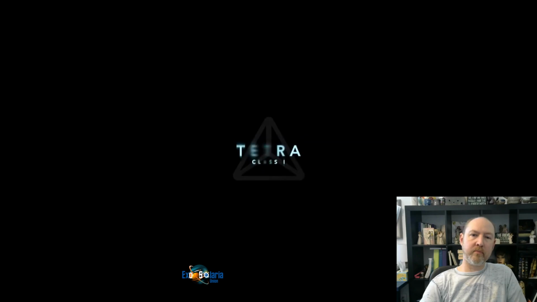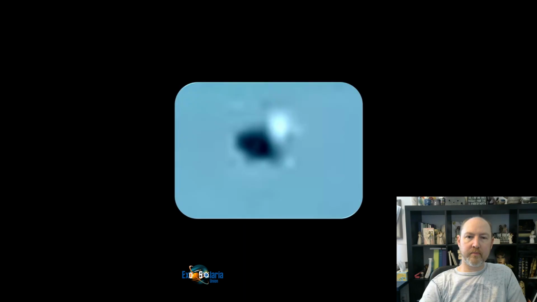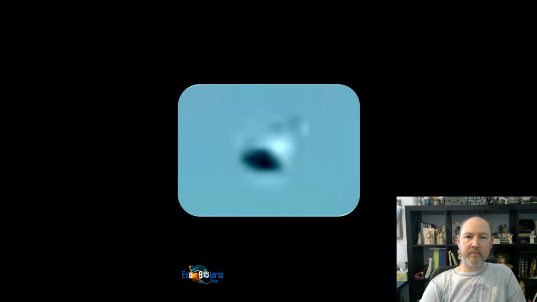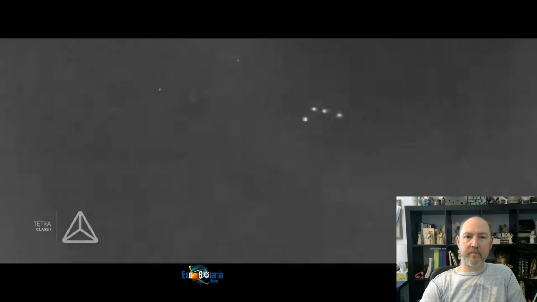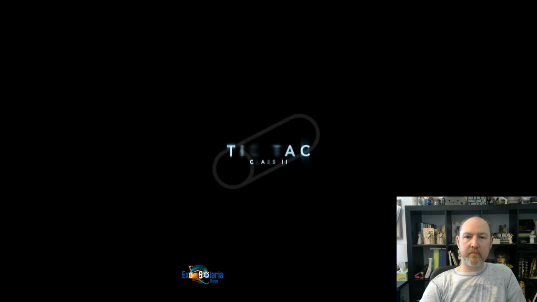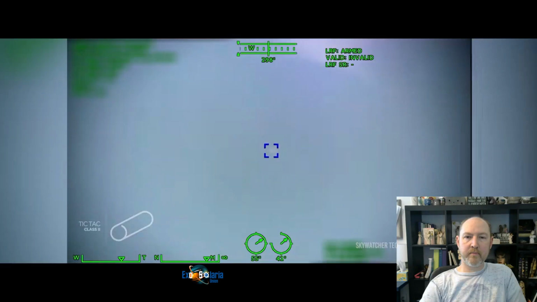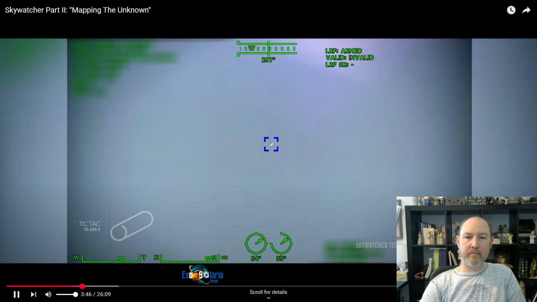The Class 1 often spins, tumbles through the sky. Craft looks like a black body. It appears to flash, pulse multiple times per second. There appears to be some kind of cloud or vapor around it. We've seen Class 1s in formations up to 22, 23, flying in different flight formations, different flock formations. The Class 2 is the classic tic-tac. We've seen it in groups of 2 to 3, often flying very erratically. We've seen these a couple years in a row, and usually we see them in groups.